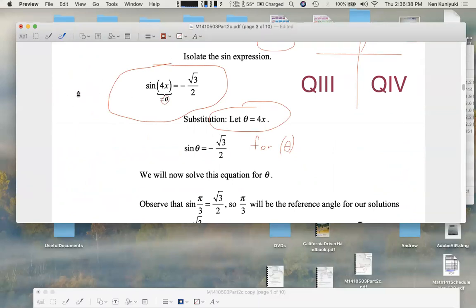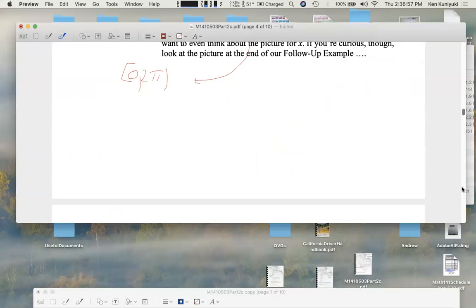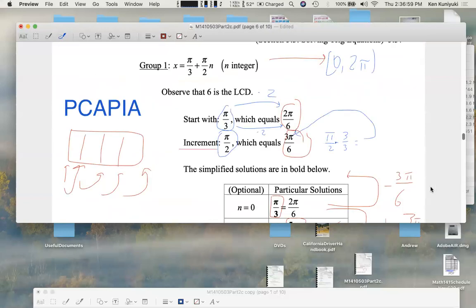In fact, I'd like to focus more on this equation. Now, the fact that we have 4 solutions in group 1, that's not a coincidence. The fact that there's a 4 there in front of the x, that does have an impact. So the fact that we have a 4x here, yes, that is related to the fact that we have 4